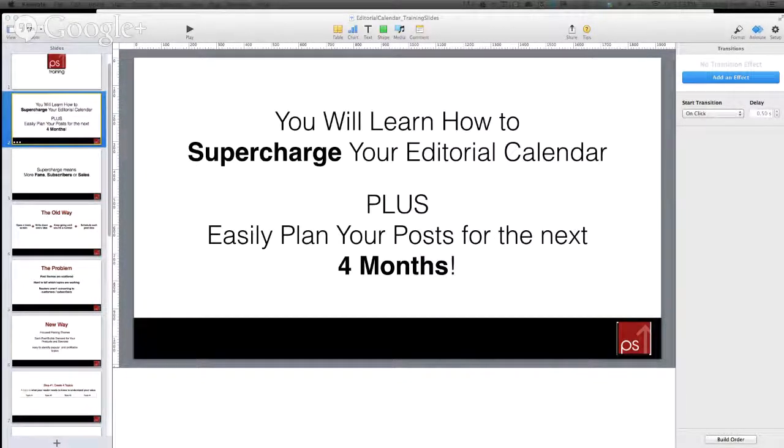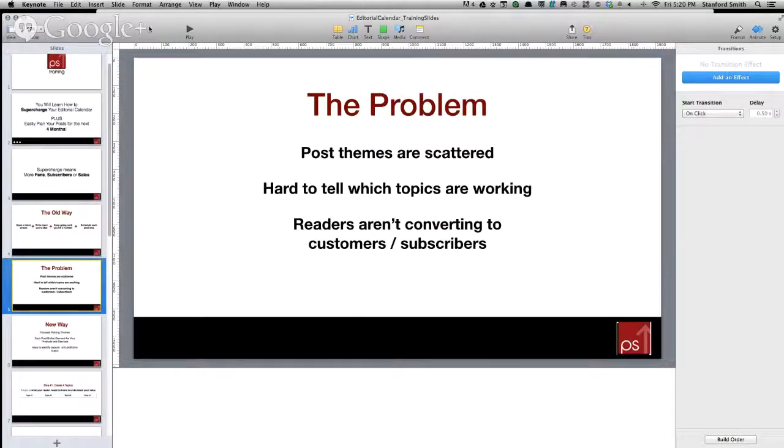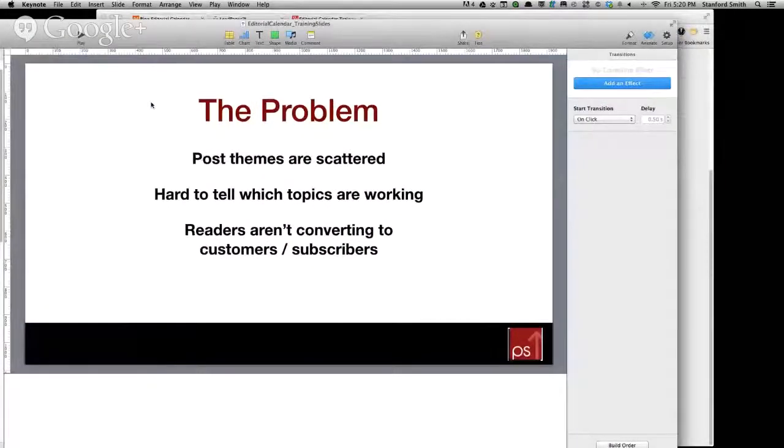So the old way of doing your editorial calendar kind of looks like this. You open a blank screen, you write down every idea that you have, and then you keep going until you hit a number. Okay, and you schedule each post idea, and then usually, if you're like I was a couple of years ago, you go through that big old long process, and at the end of the process you realize that you really are not that excited about the ideas you have. Okay, and the problem with that process is that you